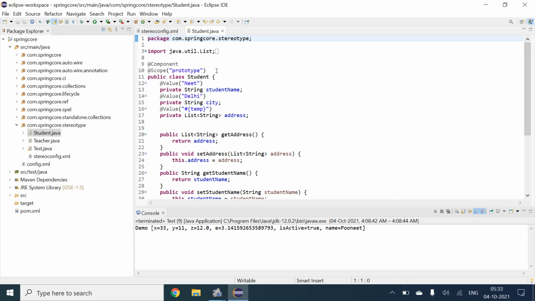First we have to declare those things in the XML file, and then we have to give annotation in order to provide the input value for these things.